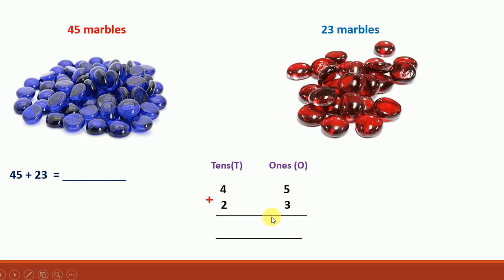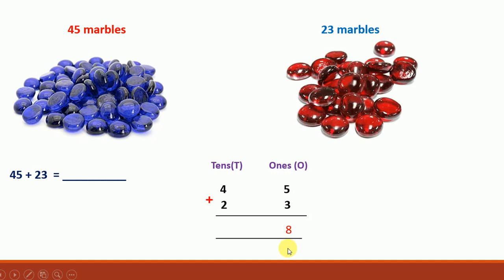Okay, as we are going to add the numbers, we need to count forward. Okay, first start adding from the ones place. The ones place, it has 5 ones and 3 ones. We will add the 5 and 3. So among these two numbers, which is the bigger one, that we have to keep in our mind. So as the 5 is the bigger number, we'll keep it in our mind and take 3 on your finger. 5, after 5: 6, 7, 8. So the 8 we have to write below the ones place.